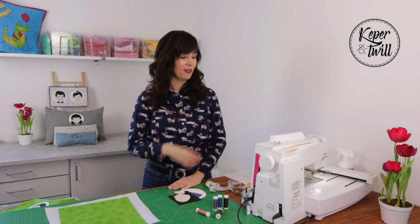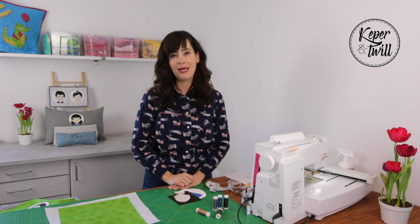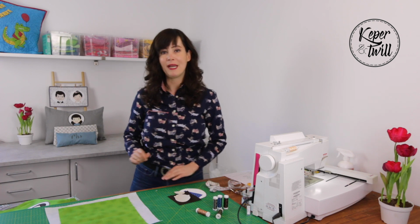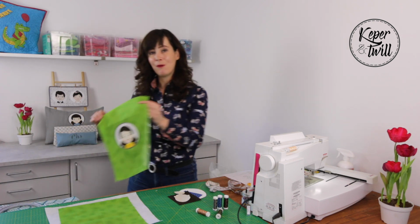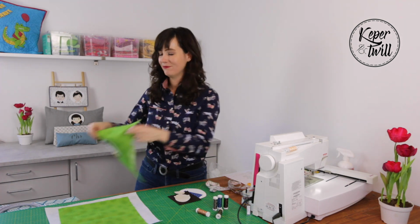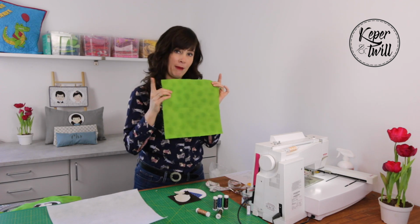What do you need? Of course you need an embroidery machine. Today we are making a design from the collection Meet My Family. I already made Miss Weavy hair, and today we're going to make her a husband. And therefore we need fabric for the background,